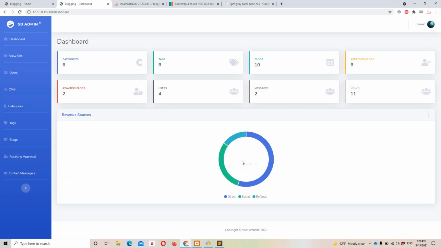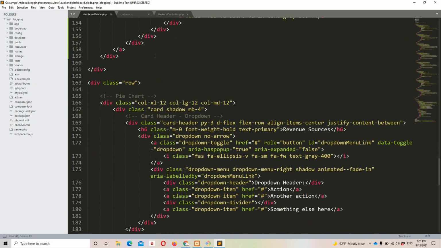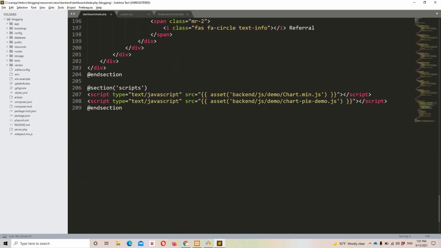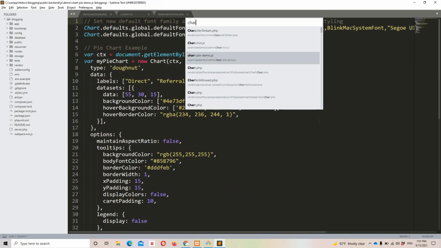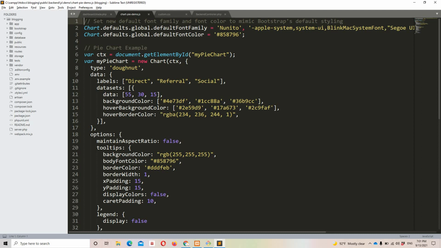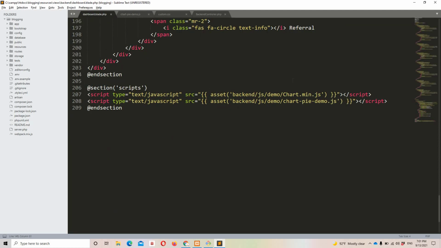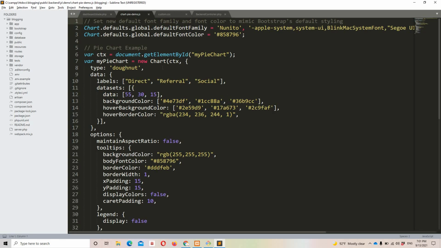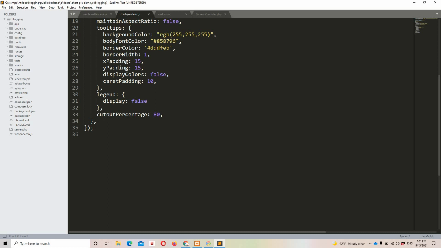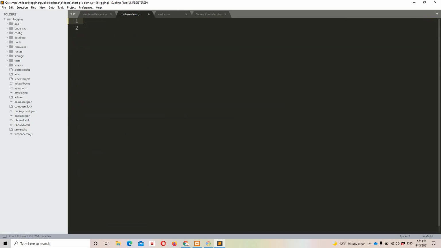Now let's move to the chart side so that you can see something amazing. Yeah, let's move. Okay, so let's move down, and right here we can see our pie chart demo, so we can access this file. So let's move to chart pie demo, this one. So guys, one thing I just want to mention right here is, if you want to pass a Laravel variable from this page to this JavaScript file, you can do that, but for that you need to do a lot of stuff like customization, create an array and get the element out of it, and this and that. So I'm going to ignore that approach, and we can simply copy this stuff from right here, Control X,